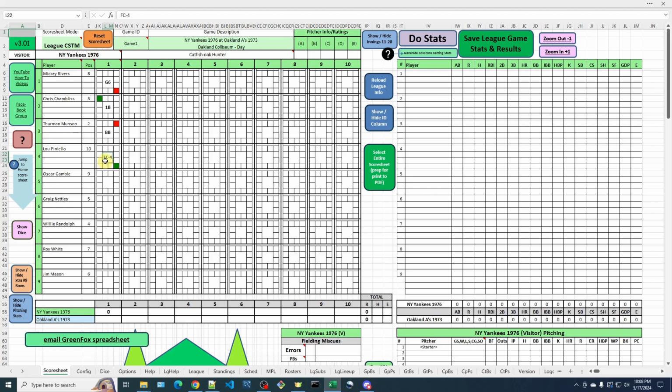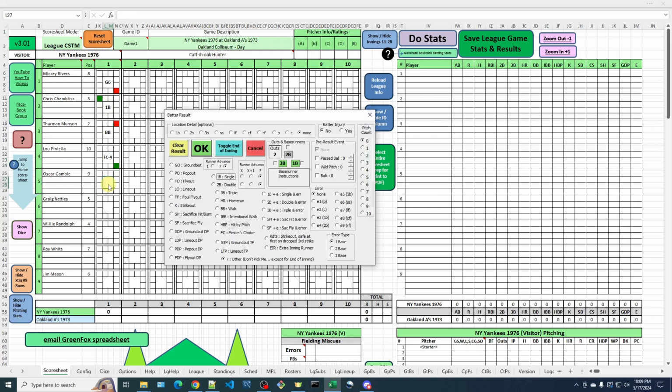So that's how it's scored. Fielder's choice to second. Piniella's safe at first. Thurman Munson is out at second base. Chambliss now goes to third base. Oscar Gamble now is up with 2 outs. Let's say he flies out to right. Fly out, right field. Now, I could say okay, but what I want to bring up here is